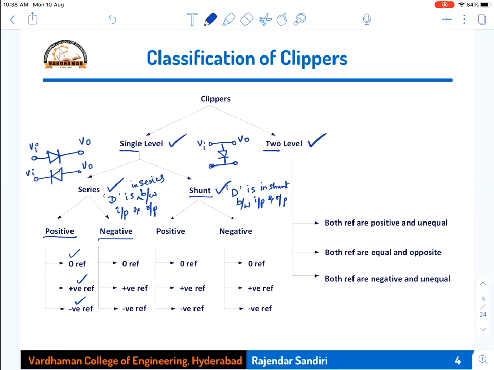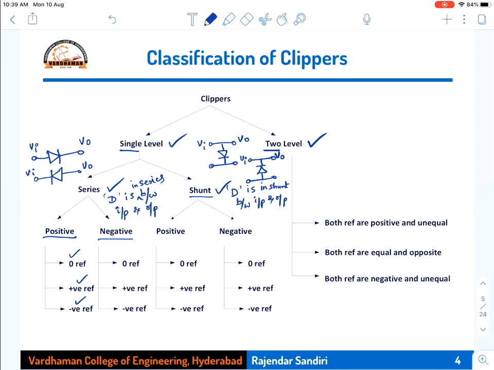So if the direction of this changes, then the circuit can also be like this, between input and output. If the diode position is in series between input and output, whatever the direction may be, cathode connected to input or anode connected to output, or anode connected to input side, cathode connected to output side, either way the diodes are connected, if the diode is connected in series between input and output, they are called series clippers. If the diode is connected between input and output in shunt or in parallel, then we call them shunt clippers.